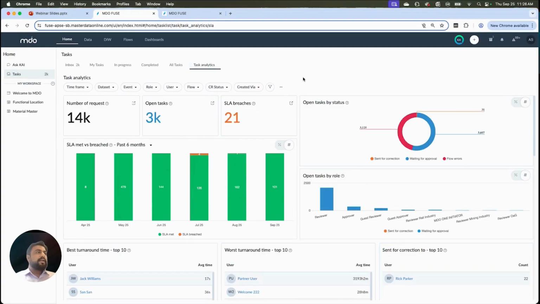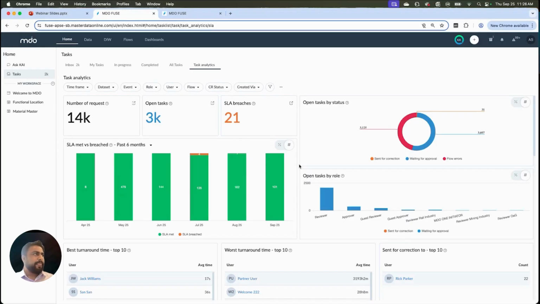Now, in task analytics, this is a pre-configured view. The users don't have to get into the system to start defining their data sets, their widgets, or select the specific data sets. As and when you start working in the system, you start creating records, or you start creating change requests, all these widgets will get populated as we are working through change requests or working through the tasks.